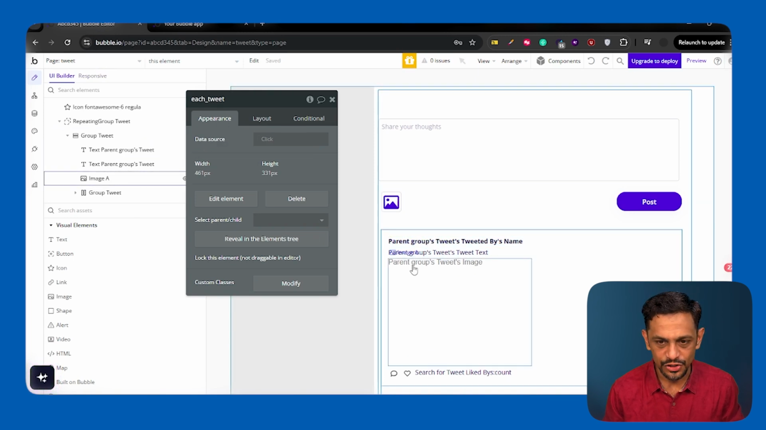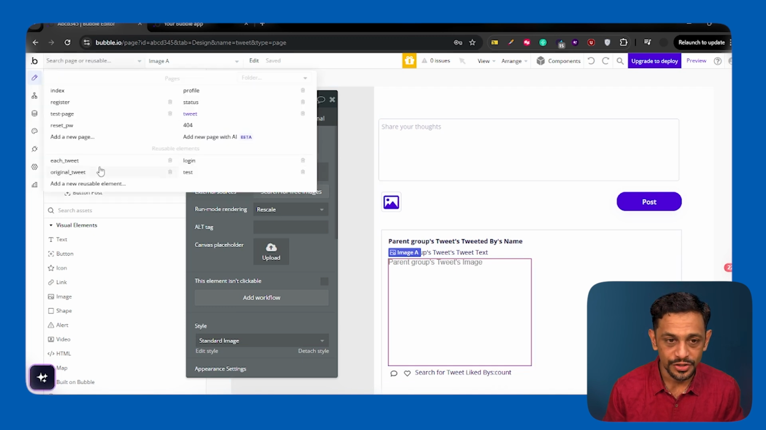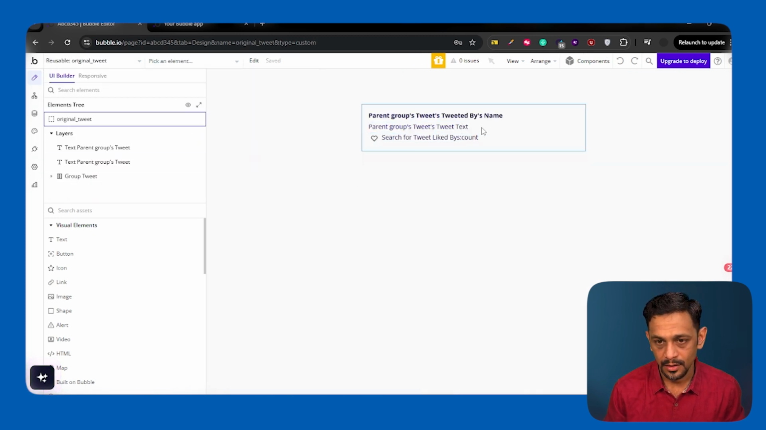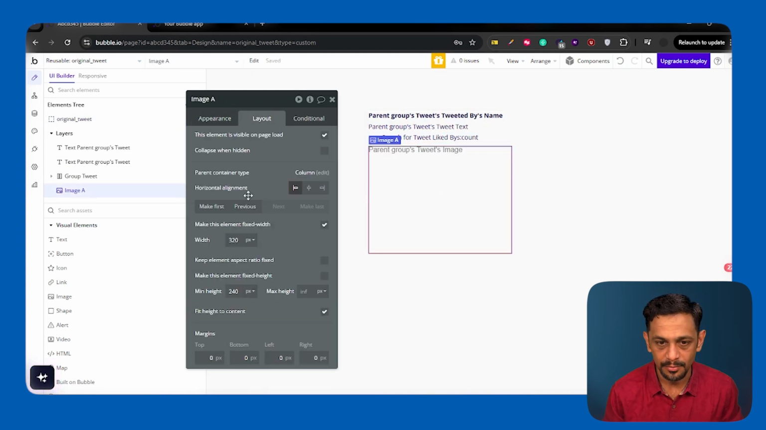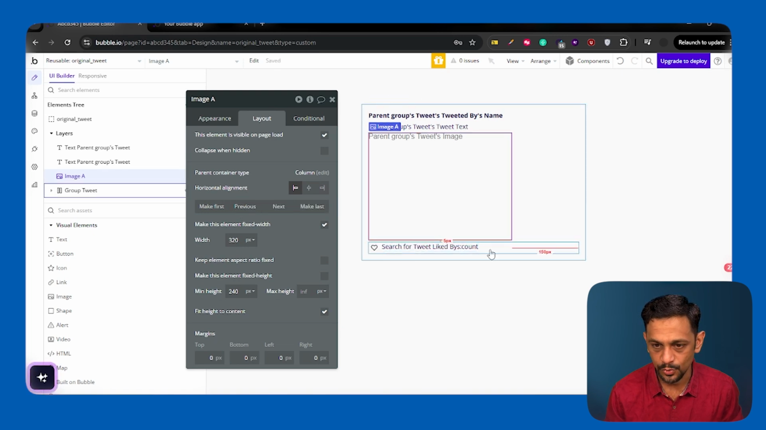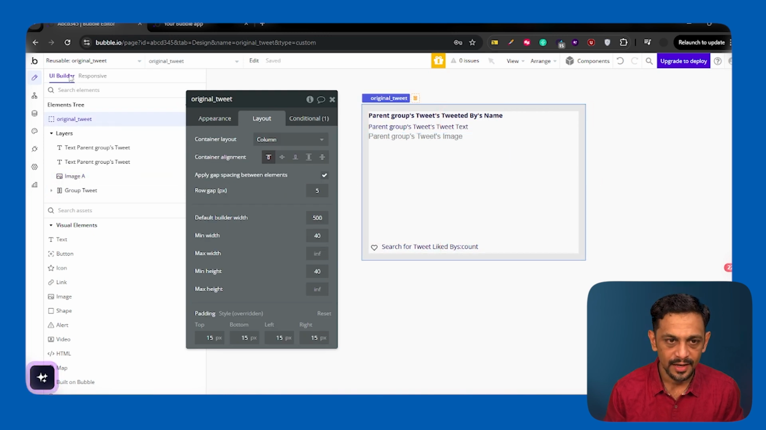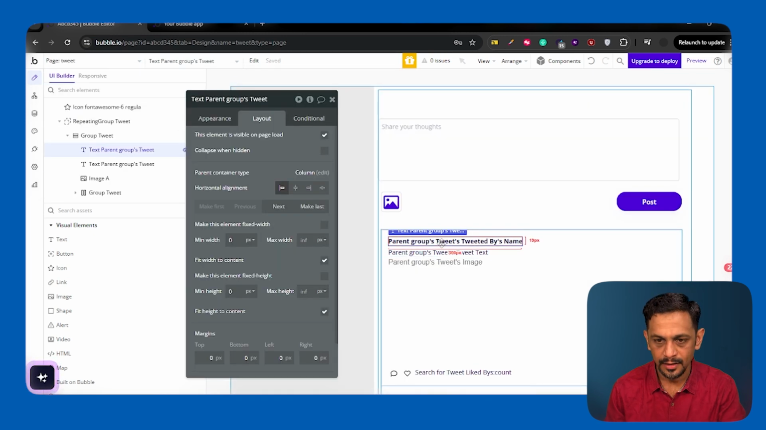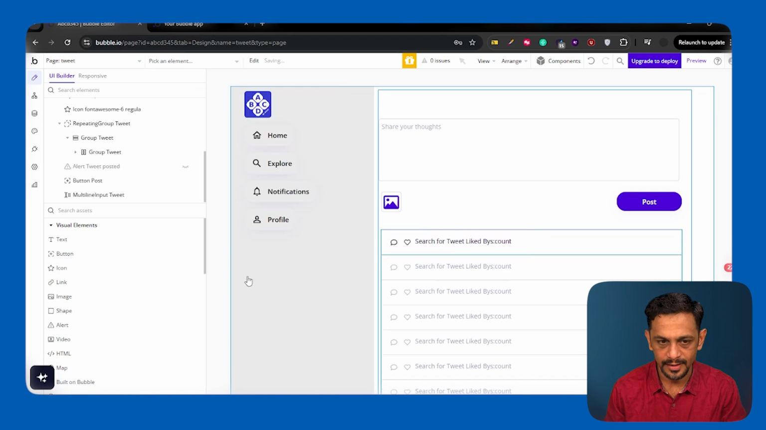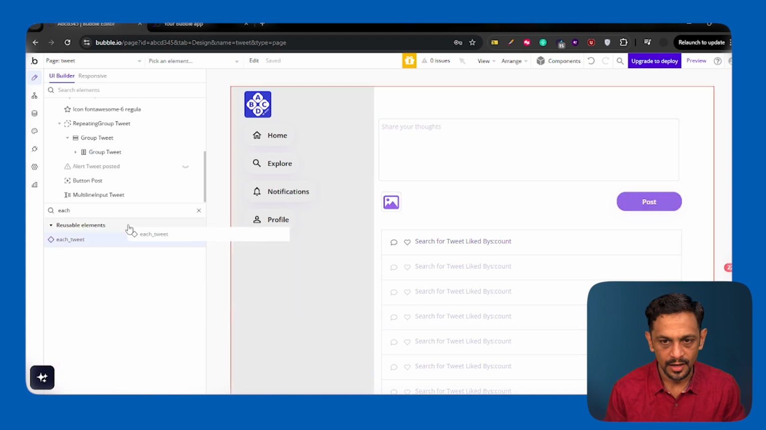I think we have missed one thing, that is on the tweet page we are still using the text and the image thing. Let's use the reusable element, and before that we have to add the image element in the original tweet. Okay, so let me add the image, and image needs to come just prior to this one. Now once we have added this, let's go back to tweet page and delete this, this and this, and let's search for each tweet and bring it over